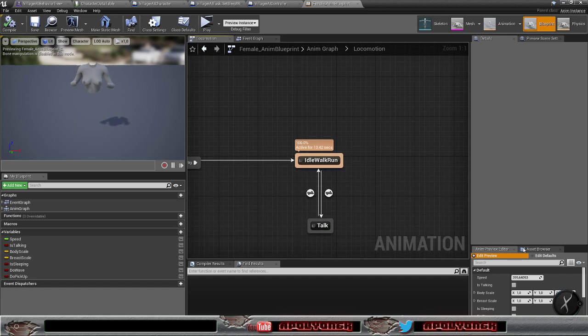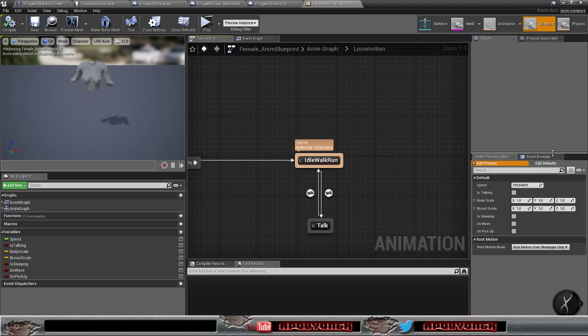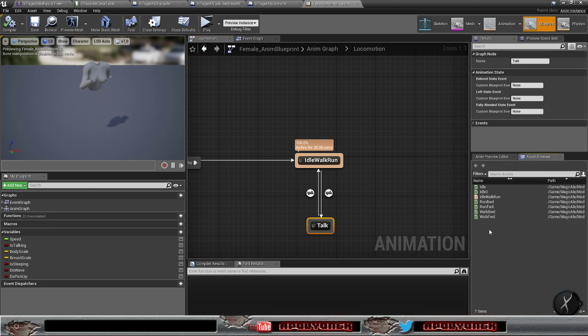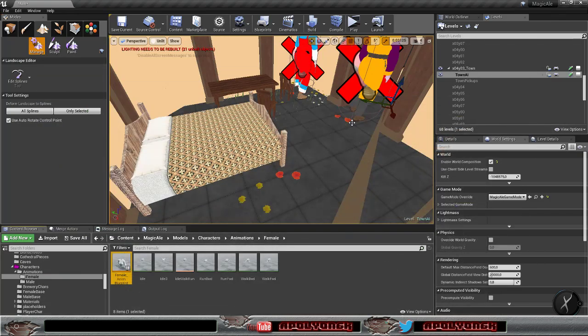And here we need to define enum states. So for the talking, we have a placeholder animation here at the moment. And I don't have anything for sleeping or stuff like that, so we need to get the animations for those. So let's see. I should have